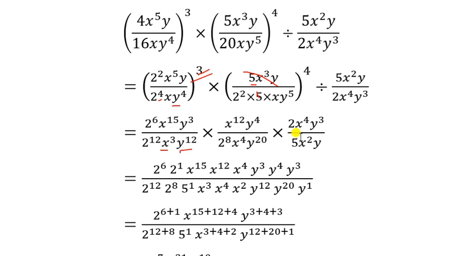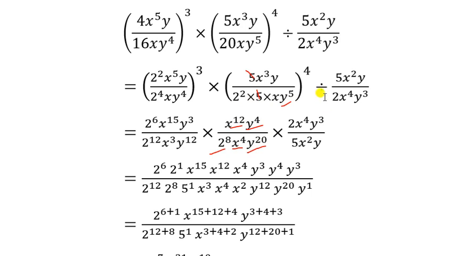You can simplify. So I simplified this 5 and this 5, so no need to take this 5. That means this 4 will come to x and this 4 will come to y also. So x to the power 12 and y to the power 4. Similarly 2 to the power 8, x to the power 4, and y to the power 5 4s are 20.